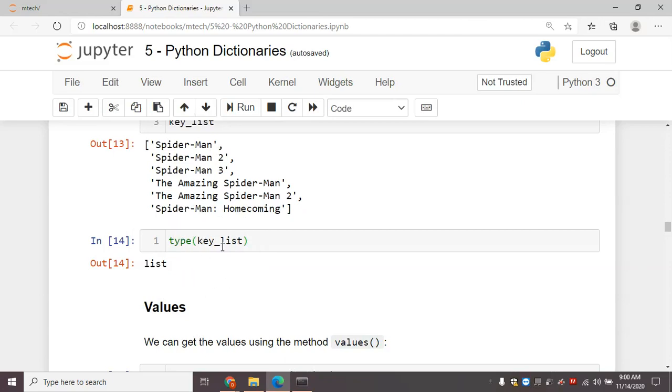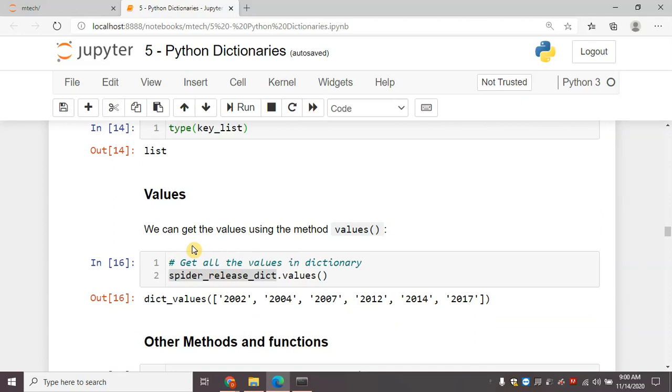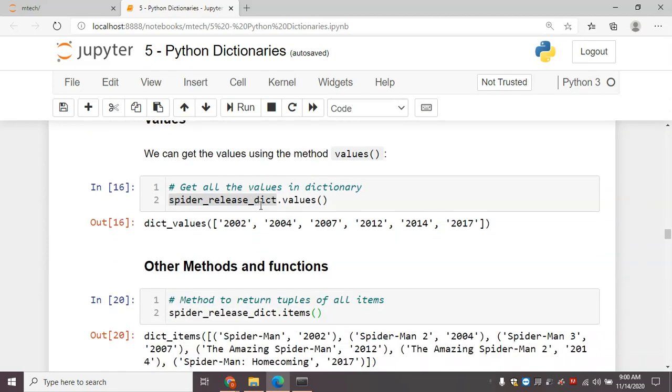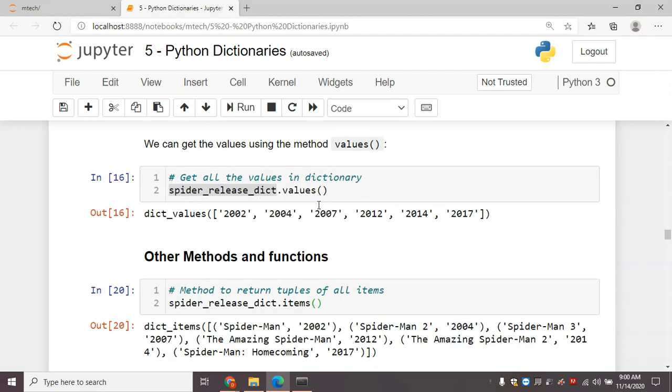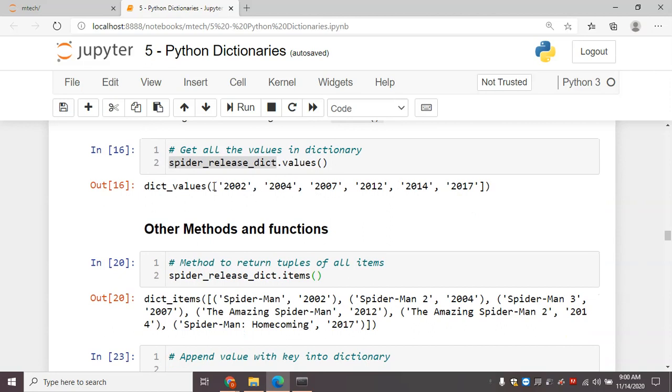If I check the type of this key list, I get list. Now the values method. So now I'm getting all the values of the dictionary. Values of the spider list dictionary are the years. So if I apply the values method to the spider list dictionary, I get all the years.